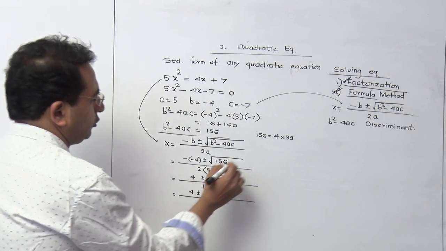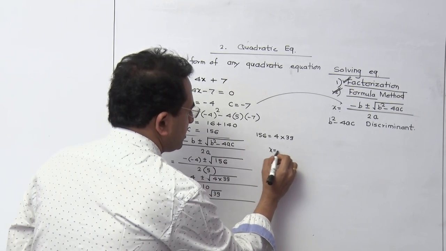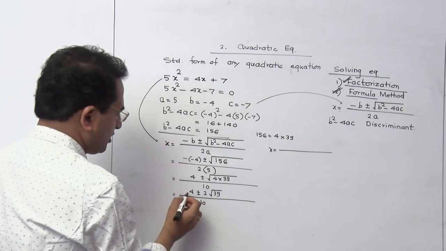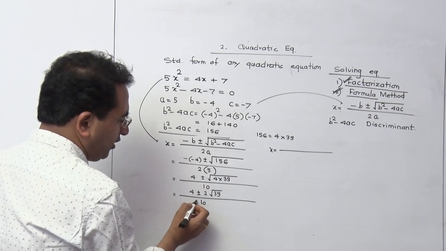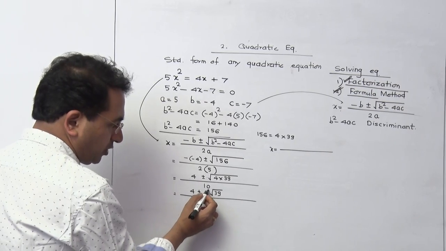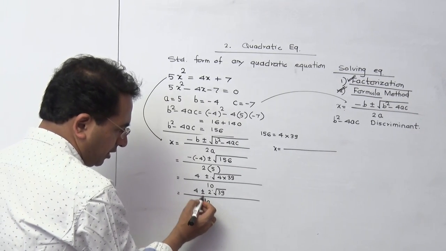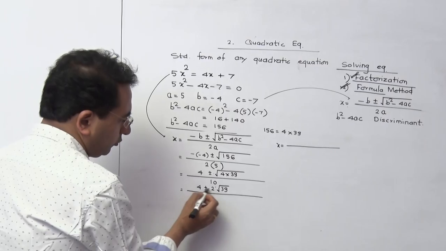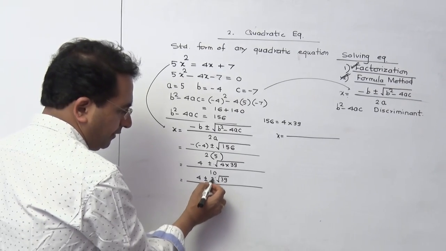I'll show you that calculation further here. X is equal to. Now this is 4, this one is 2. So we cannot take this cancellation. Now many students they do it. 2 ones are 2 fives are. But there is one more number. So this type of cancellation is invalid.